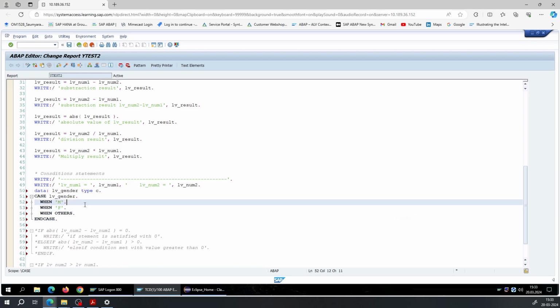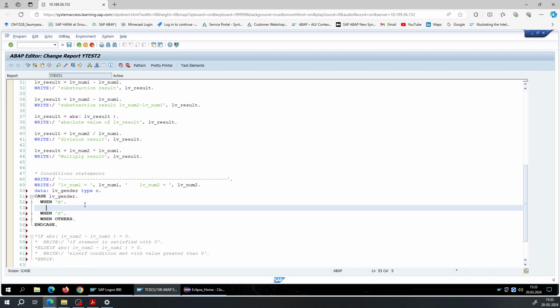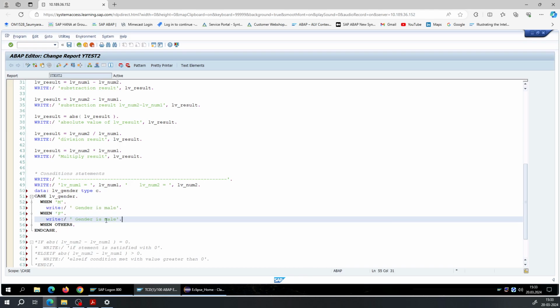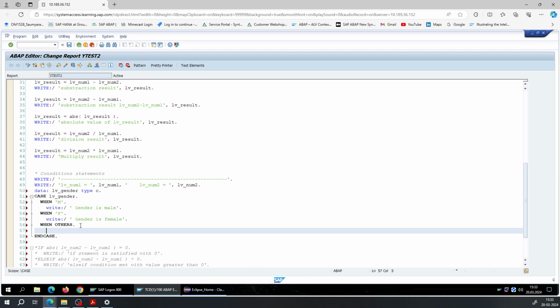So when the value is m, gender is male. When it is f, then gender is female, and when others, you can say